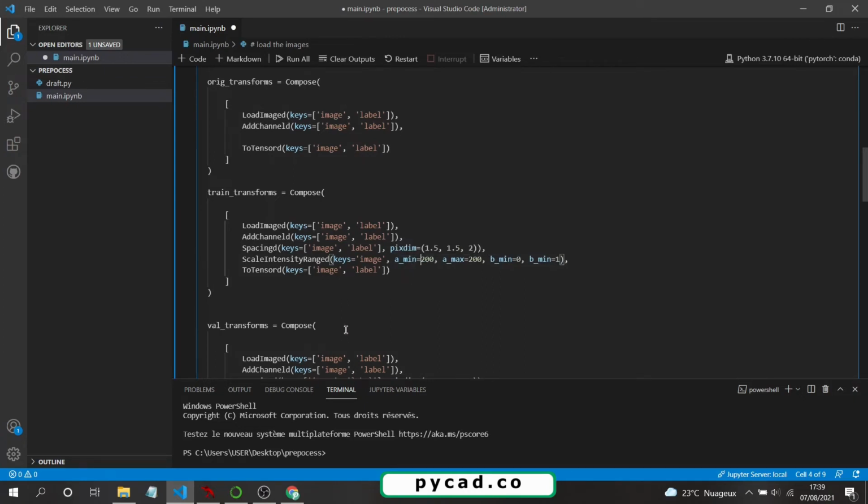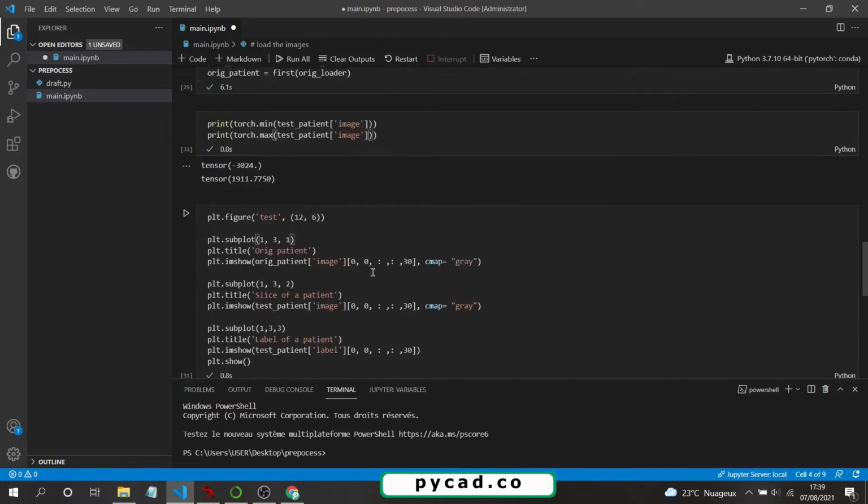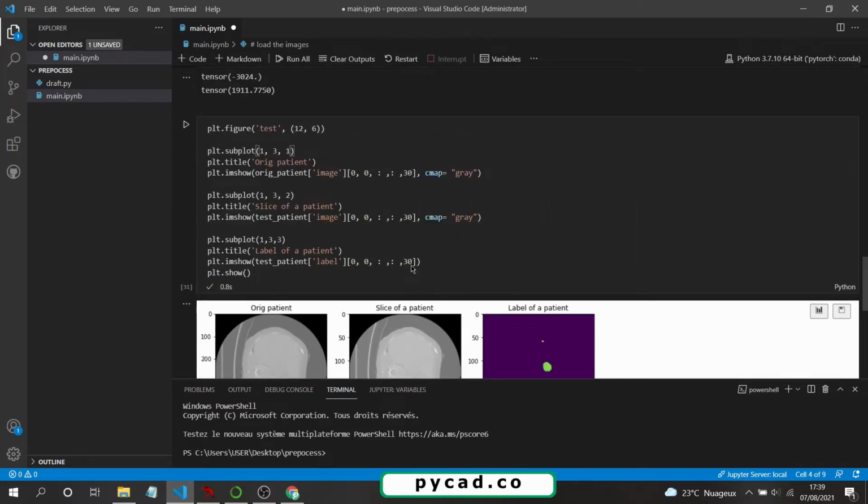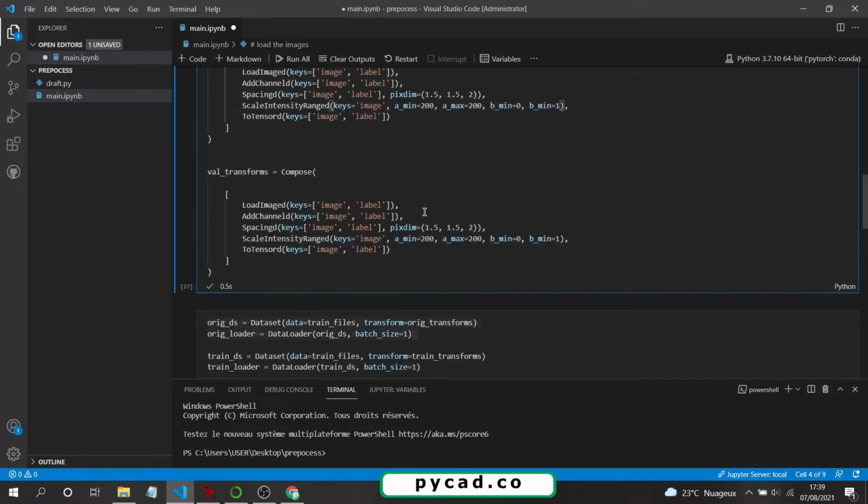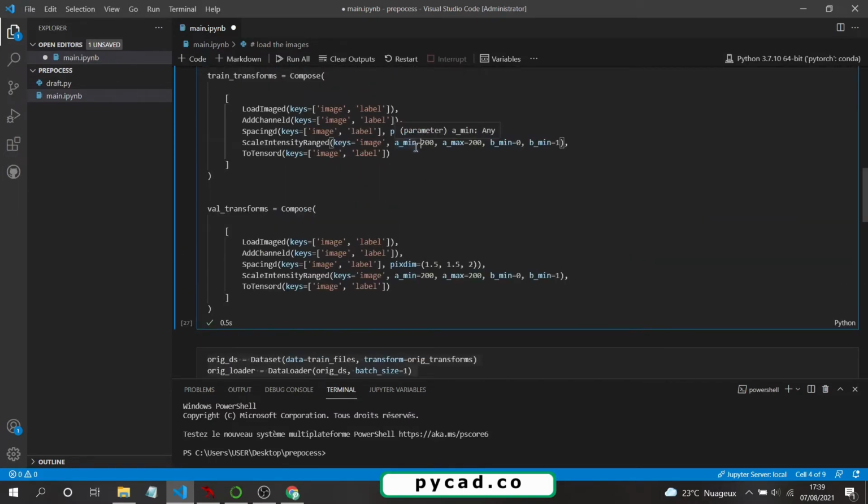Now here the 200, because we had that minus 3000 for the contrast. For that the contrast is dense and we cannot see clearly the organs. So if we decrease that value, because here we have a min and a max, which means the initial values of the contrast from the image. So you may ask me, why didn't I put minus 3000 and plus